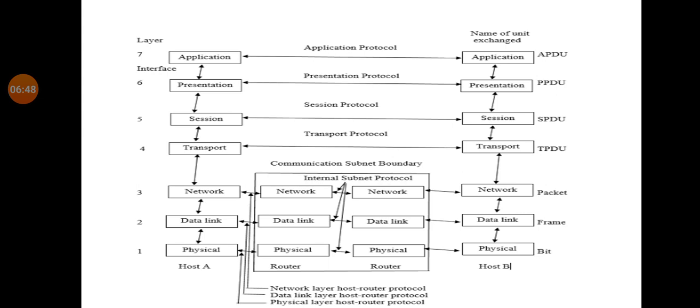Means what? Host A will add the error bits to the actual data. Then host B will receive the complete data frame, which consists of actual data with some extra error bits. So now host B will fetch the error detection code, and based on that code it will identify whether the actual data is received correctly as it was sent, or with error. If any errors are there, then it will correct them. So these are a few functions of the data link layer.